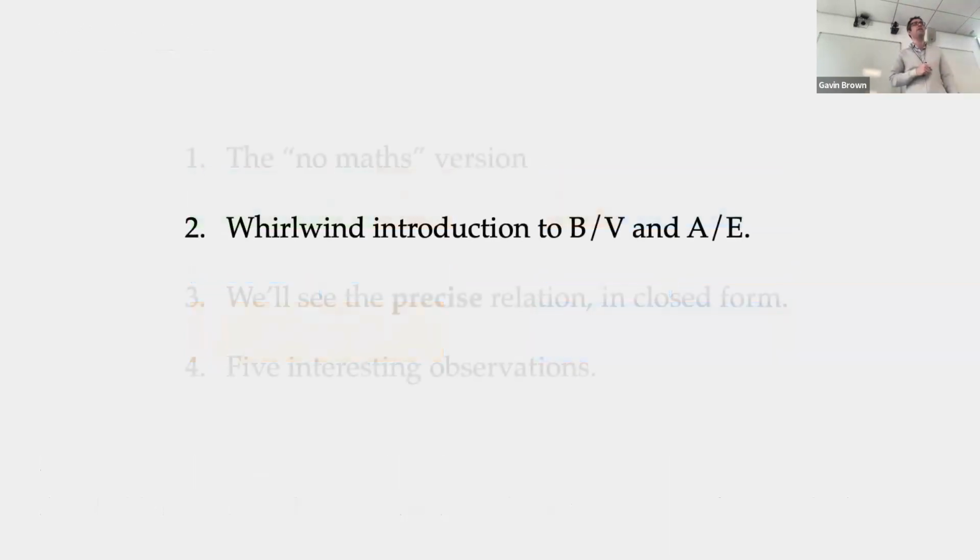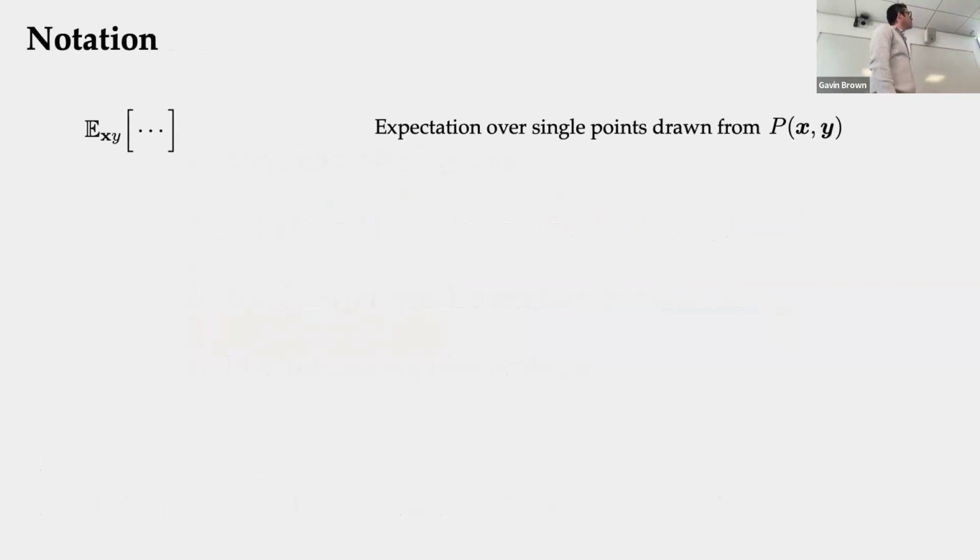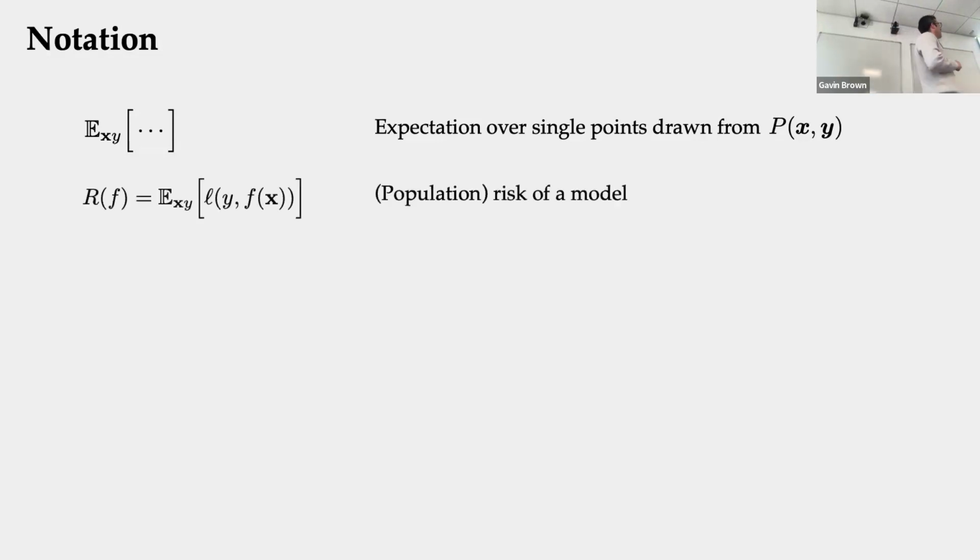Let's go into some details. Okay, so bias and variance. We're going to get some notation. We've got a piece of notation which is the expectation over testing data points. So this is data points drawn from some unknown distribution, PXY. With that notation, we can talk about the